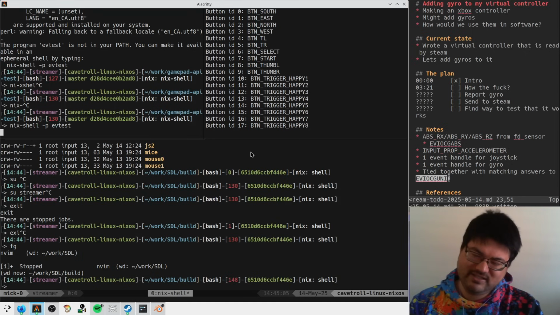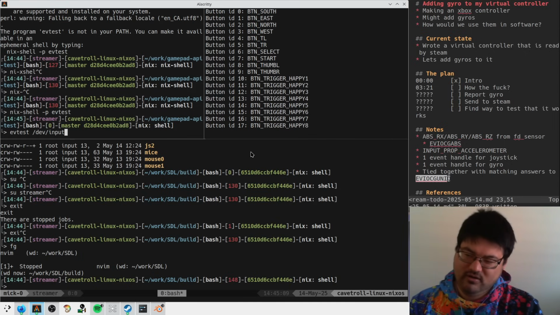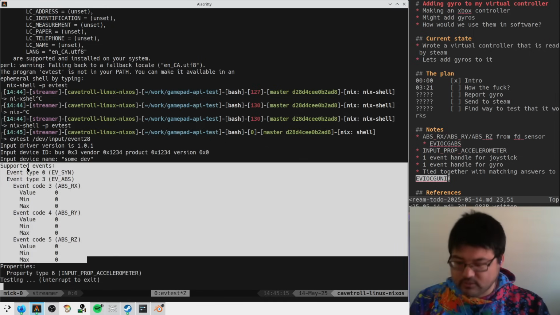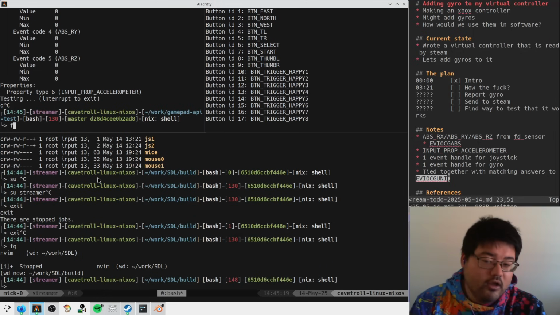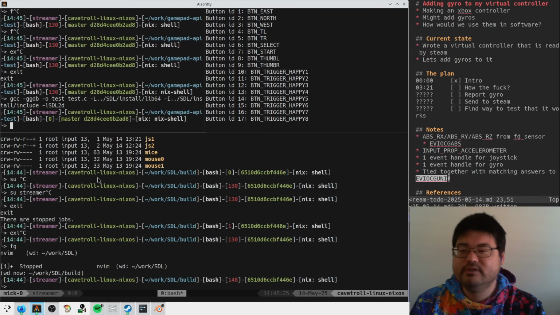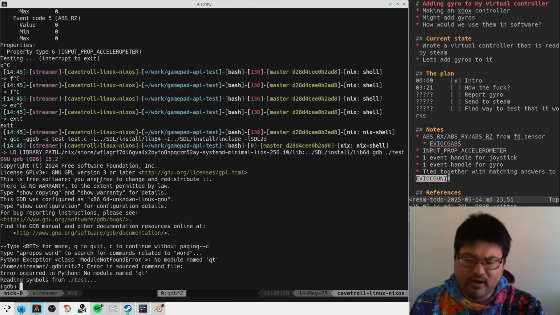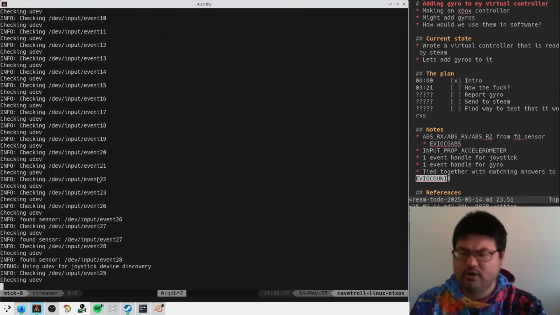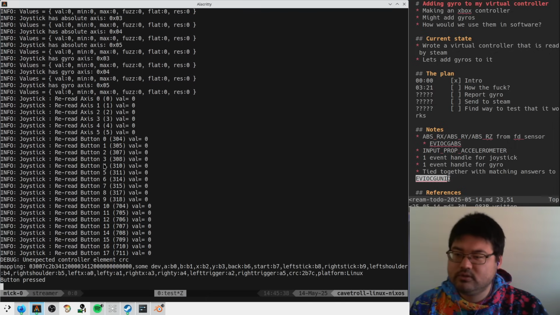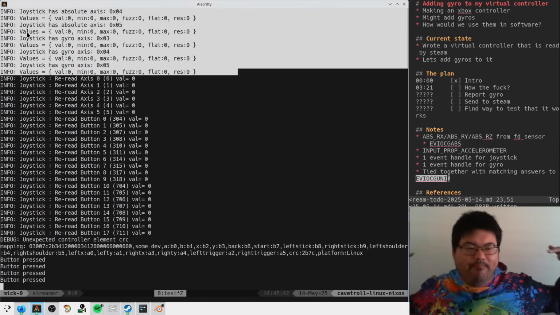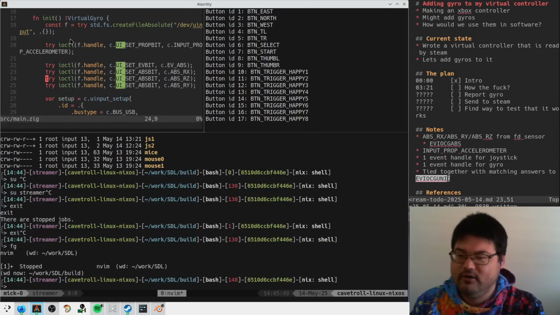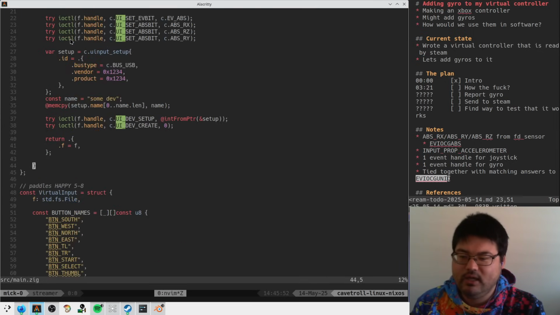So we do EV test on dev input event 28. He says, hey, I'm an accelerometer and I have these three things. That's really good. That probably means that SDL should be able to pair that guy now. So I don't really know what I expect to see here. Joystick has gyro axis, baby! So now if we start slamming around, swinging that around, every once in a while we